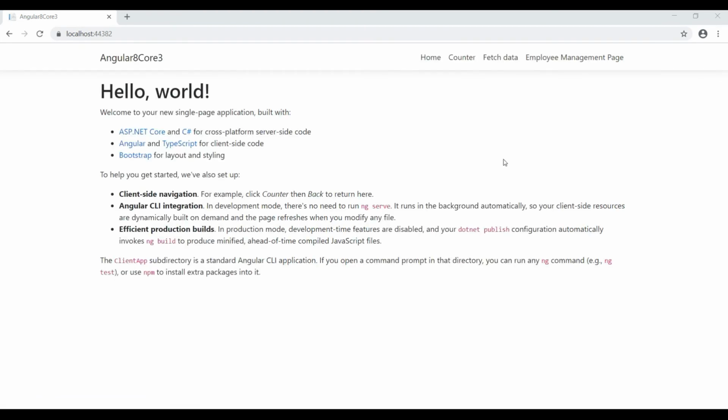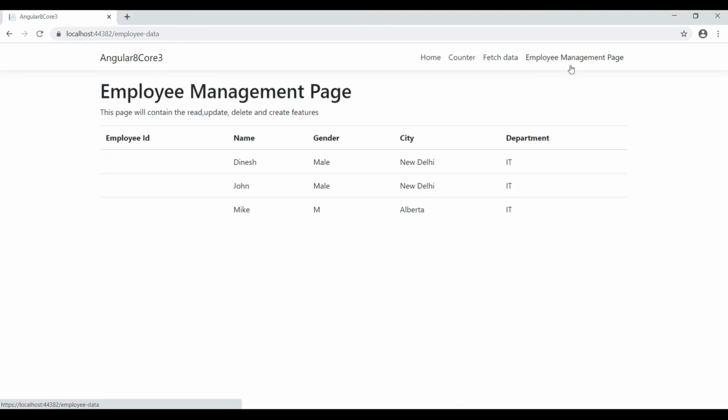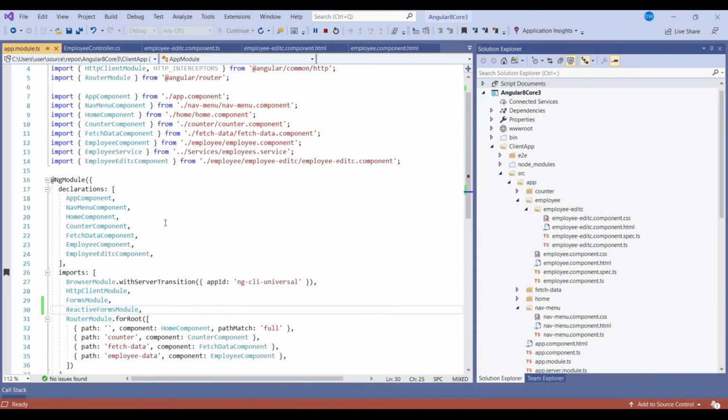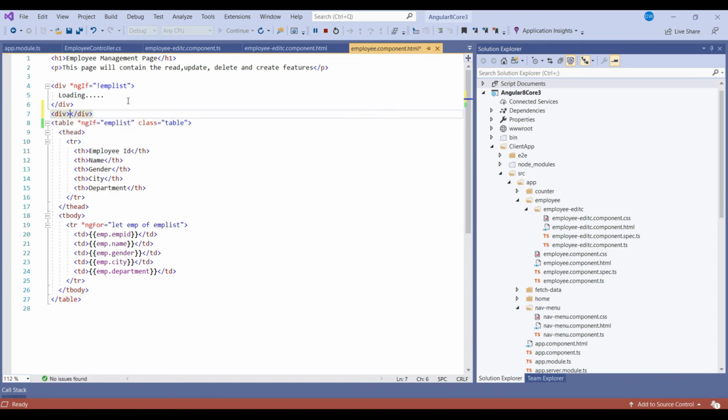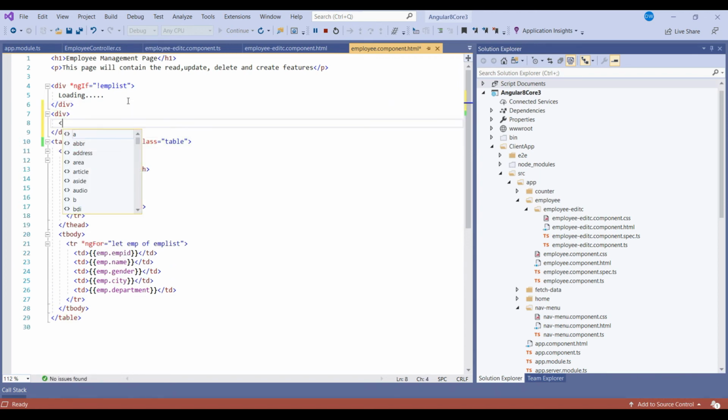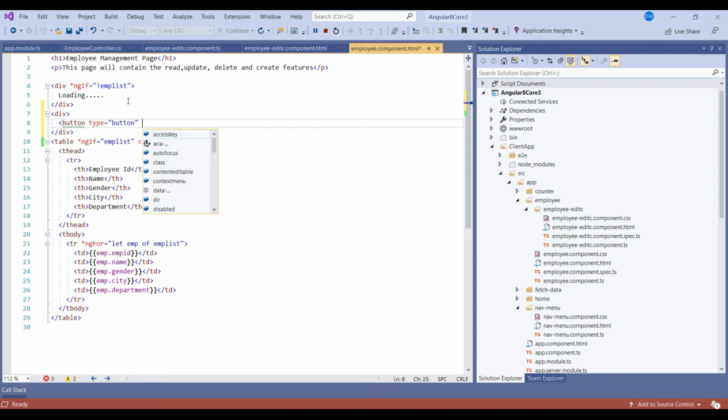So here it goes. Let's go to the employee management page. You see, like the last result, nothing changed in this video. But as we have created all the necessary component, service method, controller method, data access layer method, now we'll go to this page and after this div I want to create a new button, whose type is equal to button, and then it will be